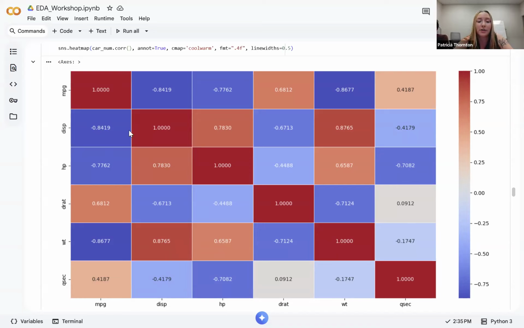Okay, but let's go across and see if we see anything stronger. Of course, displacement is going to be 100% correlated with itself. Horsepower, about a 78% positive correlation. That's good. Drat, I can't remember what that one was, but it's got a mildly strong negative correlation with displacement. Okay, but then we see weight, and weight has a very strong positive correlation with displacement. So let's go ahead and use this weight variable here to see if we can predict the missing values within